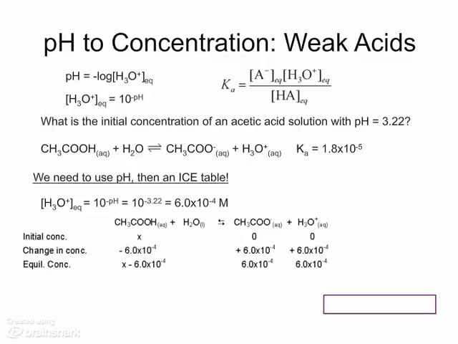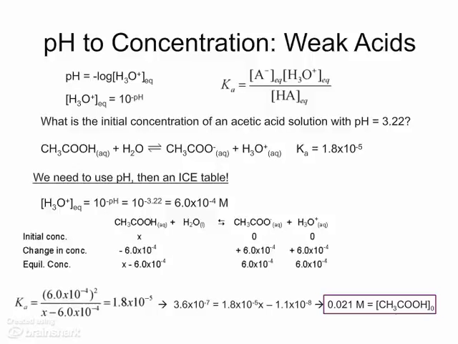Now we use our ice table. We can fill in the initial concentration as X because we don't know what it is, but we do know that the initial concentration of acetate and H3O+ are 0. We know that the change has to be equal to 6.0 times 10 to the minus 4 because it's equal to X, which is our equilibrium concentration. So we can fill in the table, and then we can use our Ka expression to solve for the initial